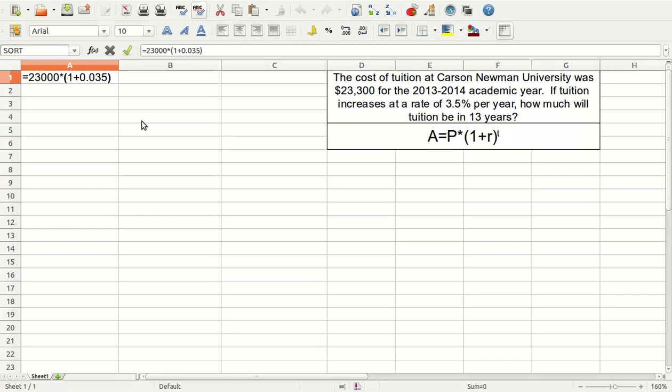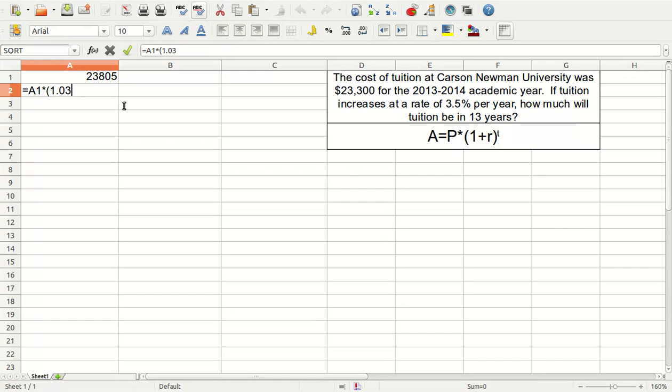And we do 1 plus 0.035 because we want to calculate 103.5% of the tuition. And that gives us 23,805. So that is that increase. If I want this to continue into the second year, all I need to do is tell Calc to grab the value from box A1, which is our tuition after 1 year, and again